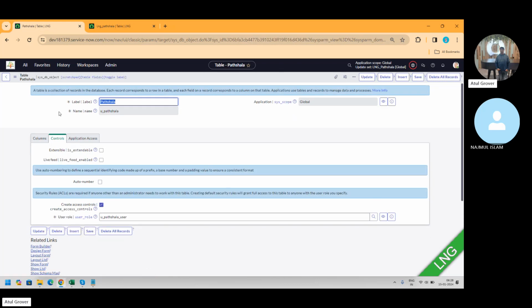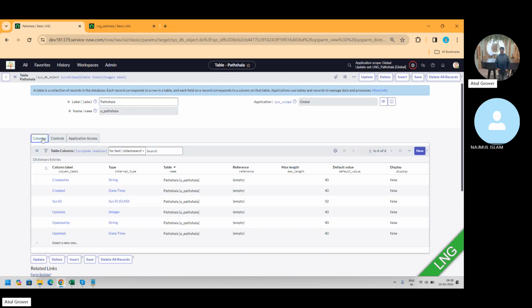Now, if you come here, did you notice 6 fields have been given by ServiceNow out of the box? It means whether you extend or don't extend any table from any other, if you don't extend a table from any other table as well, then you will get these 6 fields out of the box, which includes